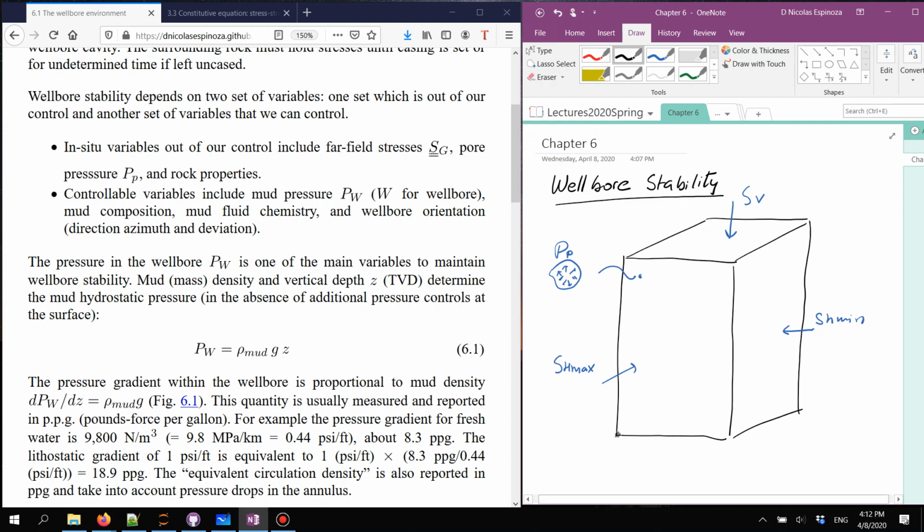This is going to be in a rock that is going to have its own elastic properties, let's say Young modulus, Poisson ratio, and failure properties like UCS and a friction angle. If we drill a wellbore into a place, these are variables that we cannot change. They're already there to begin with. And when we drill a wellbore, like for example, the wellbore I'm drawing in this case,